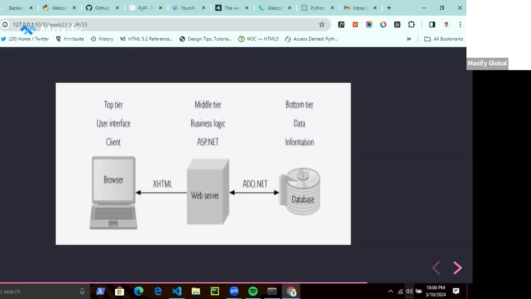For the front end, you're essentially dealing with the browser. Everything that has to do with the client side or the front end is handled by the browser, and it is the top tier. While the server side has to do with the business logic and then the bottom layer, which is the database. Well, we're going to look into that by the time we start the Django development. Okay, so this is how web applications are tiered.